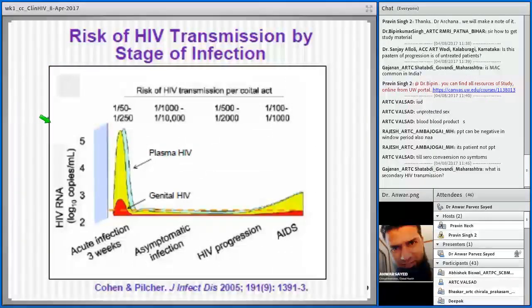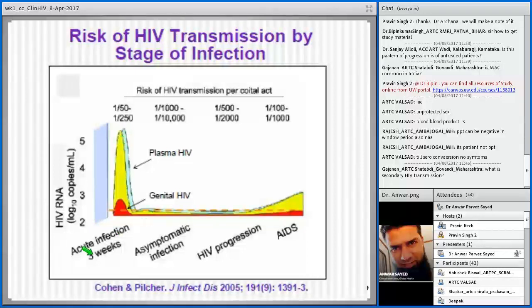So this is the risk of HIV transmission by stage of HIV infection. This is important again to answer those who say that if my test result is negative, I'll operate on that person without any problem. Why I'm specifically mentioning this is that even now I've seen people rejecting surgeries for some reason or other whenever they find out that a person is HIV positive, which actually should not happen, but unfortunately that happens.